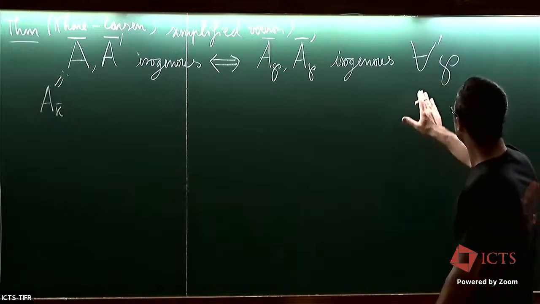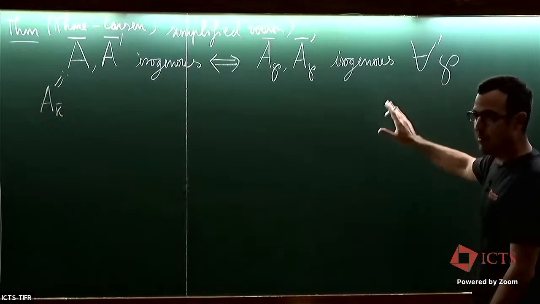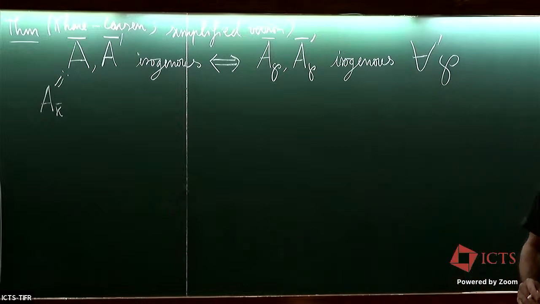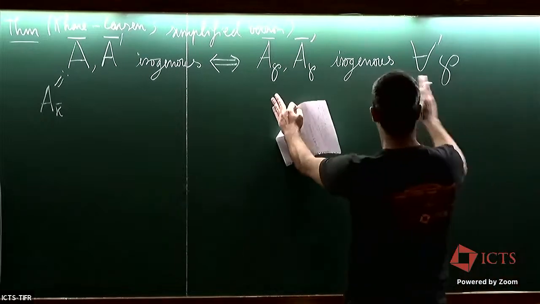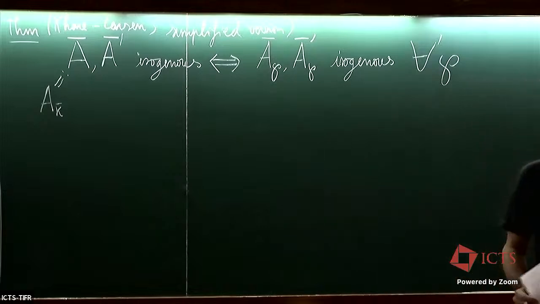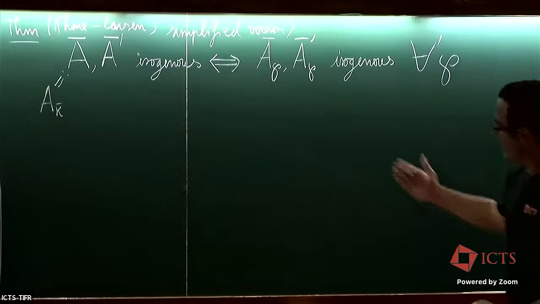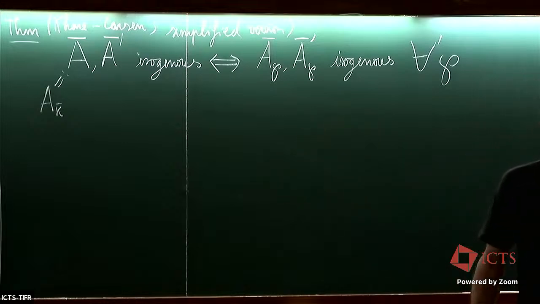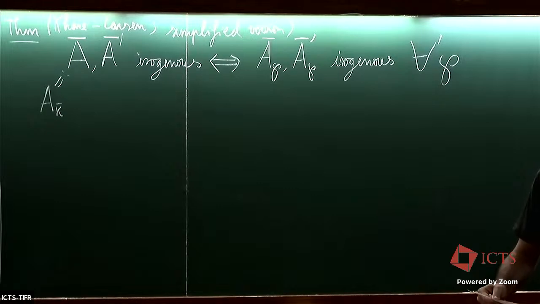And they also specify a density of primes such that if this condition on the right holds for a set of primes of that density, then the converse implication will already hold. You don't need to ask it for a set of primes of density 1. Okay, so with that said,